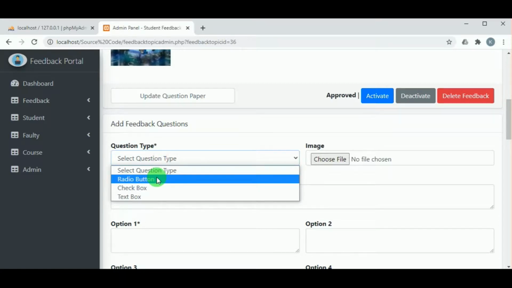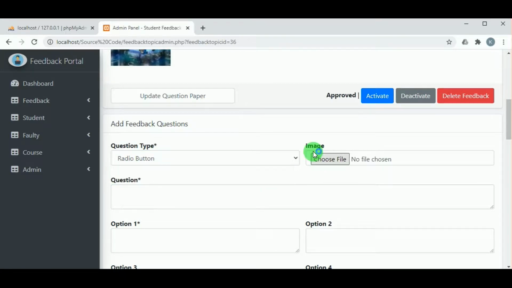Let's add one more question. So select the question type and must mention the question.